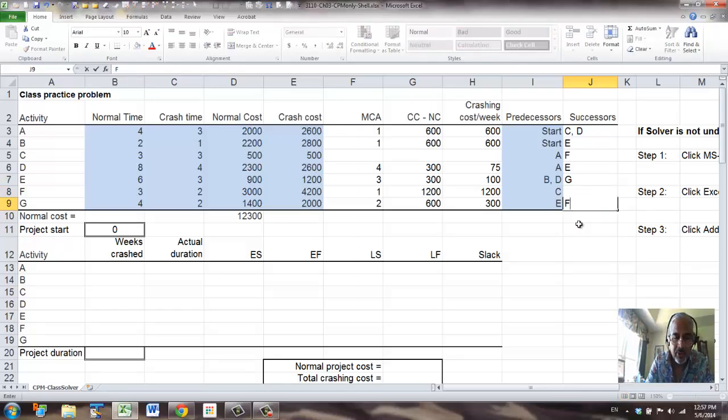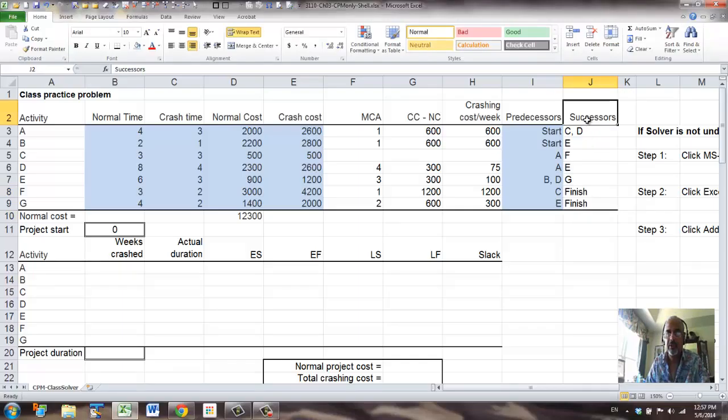So these two are finished. Let me align this properly. All right, now the first table is complete.